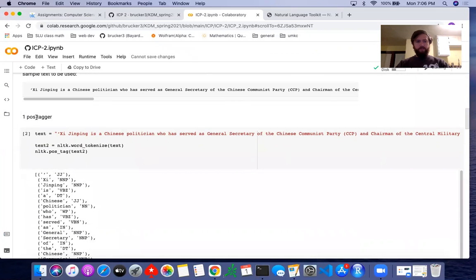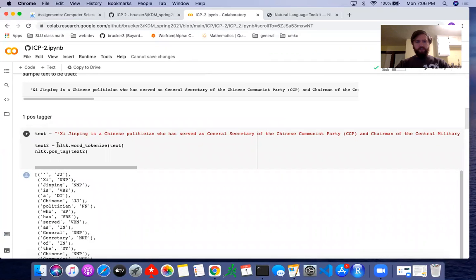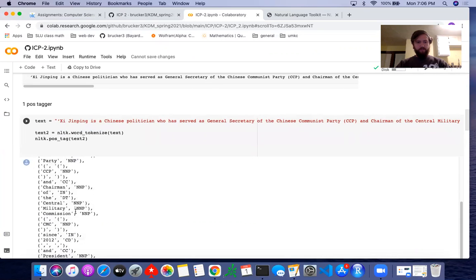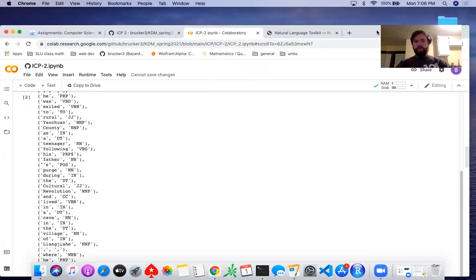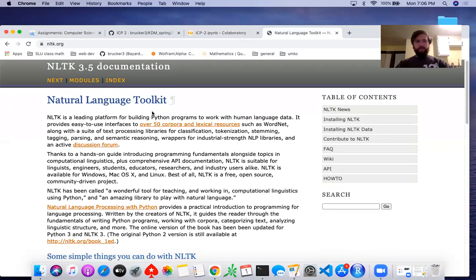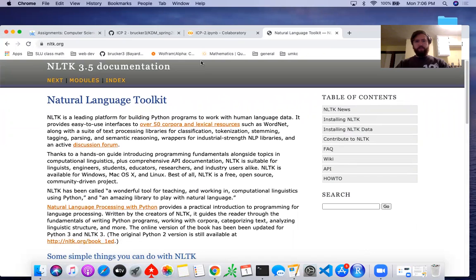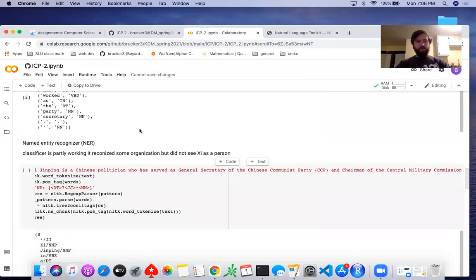So the POS tagger, here's the text cell block for that. And the NLTK toolkit has just tons of built-in functions. So once you know where to look, it's kind of easy to find things. So here's the output for that as well. I will say I was able to find a lot of what I needed on the NLTK 3.5 documentation, and it was fairly well documented, and there's tons of different functions which can be a pain to navigate, but once you find what you need, it's really helpful.